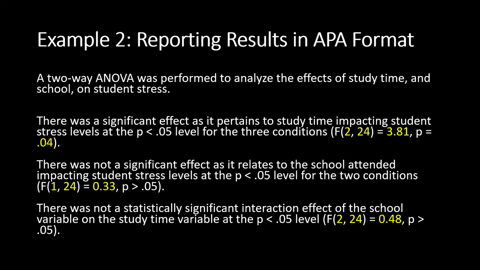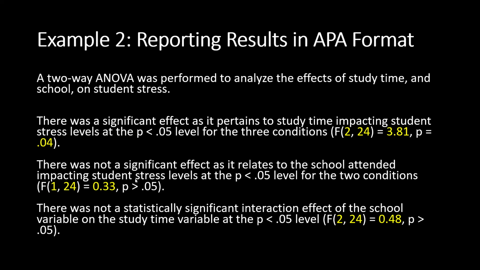So we're reporting the results in APA format. This is what those results would resemble. Here are the degrees of freedom for the particular factor, and here are the residuals. Here's the degrees of freedom for this particular factor, school, and the residuals. And here are the degrees of freedom for the interaction and the residuals. These are the F level,